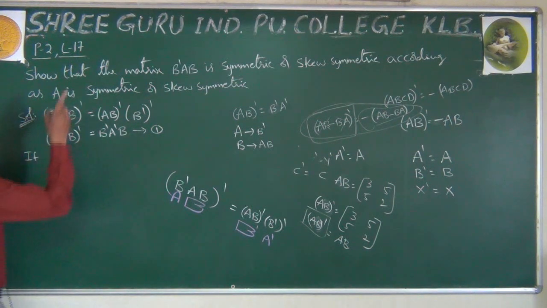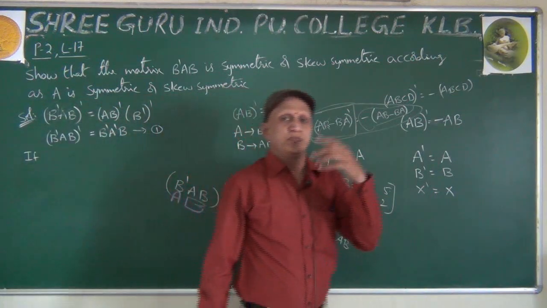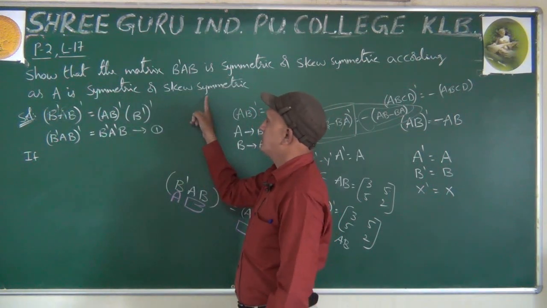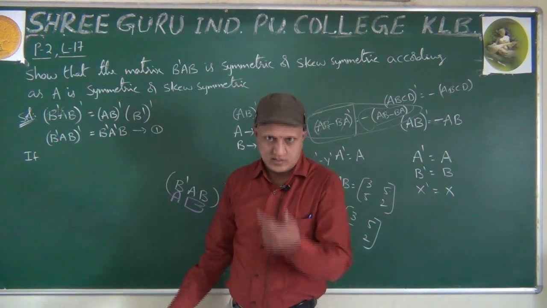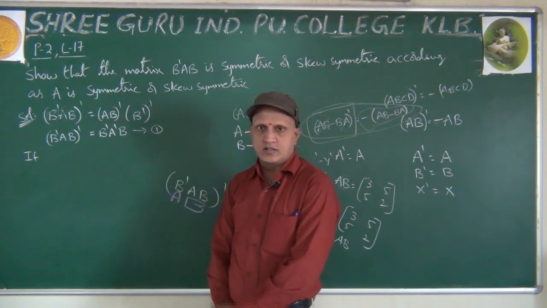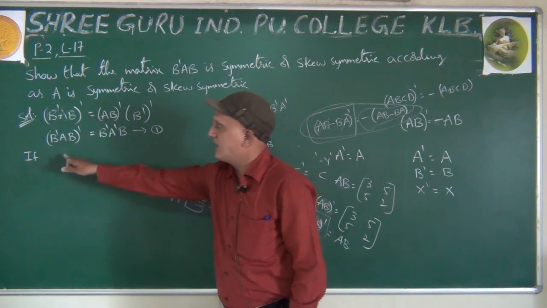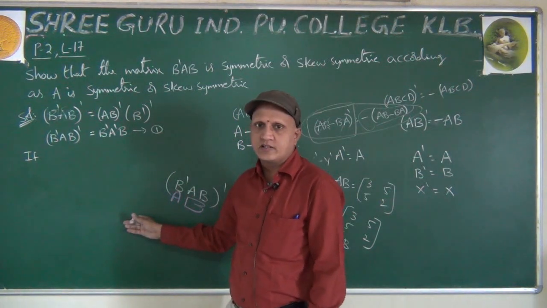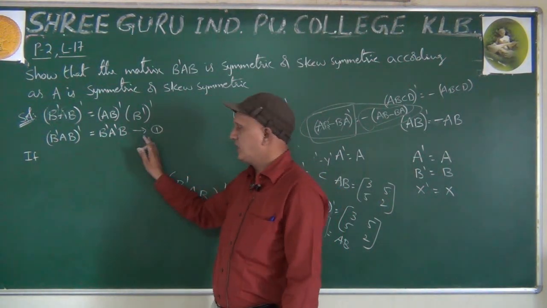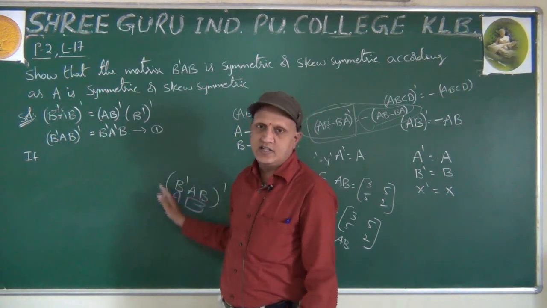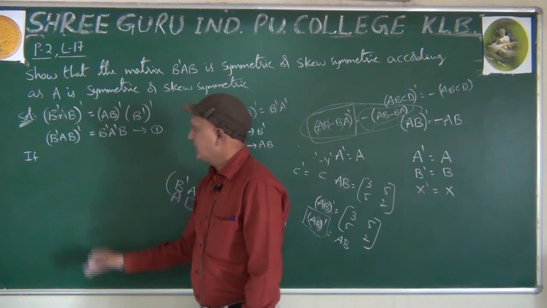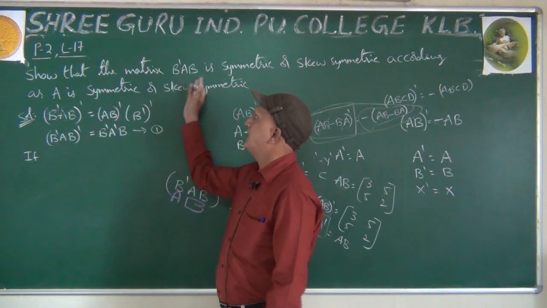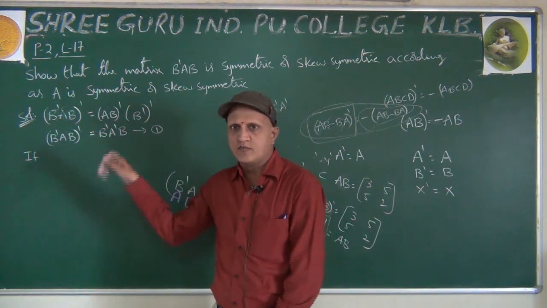In this question, actually two questions are there. If A is symmetric, what will happen? Symmetric. If A is skew symmetric, what will happen? This is skew symmetric. That's what we have to do. So up to here we got. Next, we have to take the cases. If A is symmetric, equation 1 will become like this, then B dash AB is something. If A is skew symmetric, then equation 1 becomes like this, then B dash AB is something. That we have to prove.